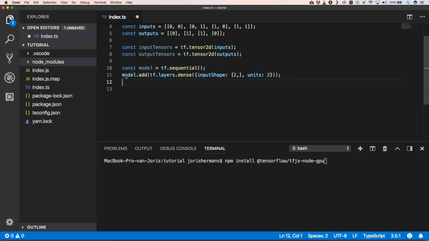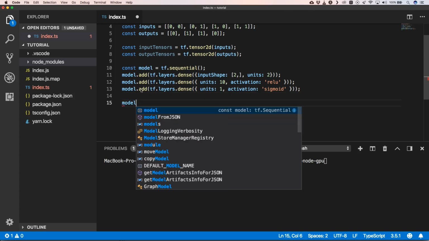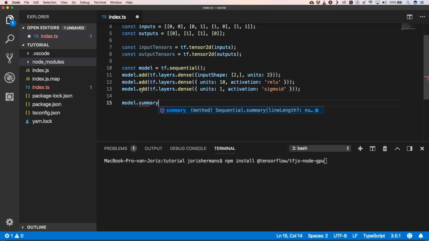So now we can define our input layer. Then I'm going to define a hidden layer with 10 hidden neurons, and an activation of ReLU. And then we will have one output, which is sigmoid. If I now do model.summary,